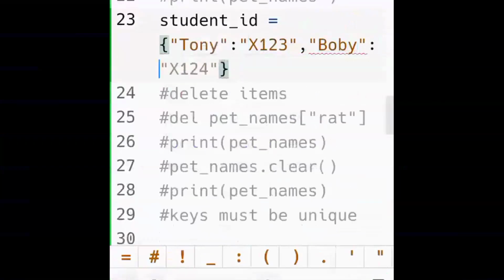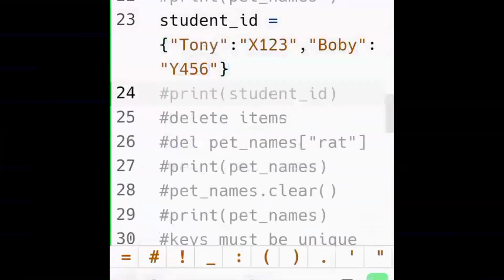So this is a dictionary. You can see there are digits as well as string characters here. This is how we form a dictionary as well. Then I want to print out the student ID. You can do that.